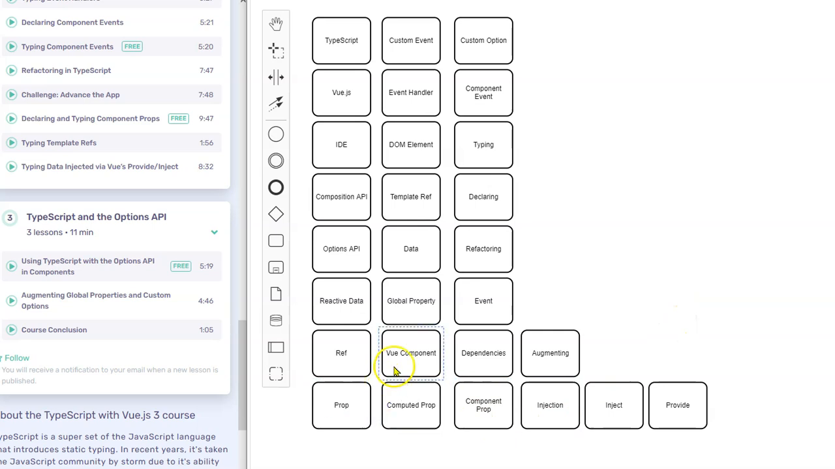Alright, so let's see how many of these TypeScript-ish related topics we have. So TypeScript with Vue. So we have 3 and 8 makes 24, 25, 26, 27, 28. 28 concepts